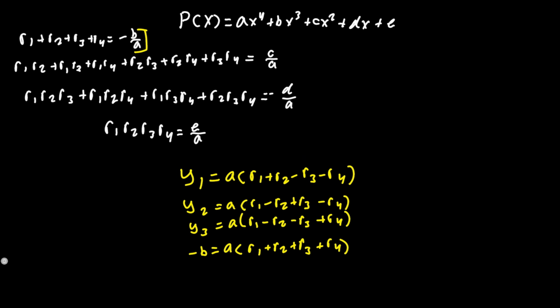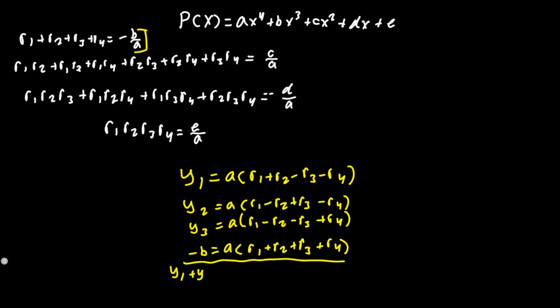And if we go ahead and solve for r1, we're going to get a mix of solutions. So if we simply add all four and look for r1 by itself, what we will get is